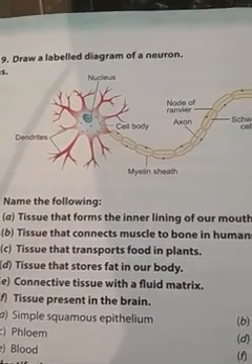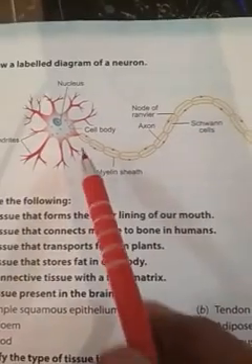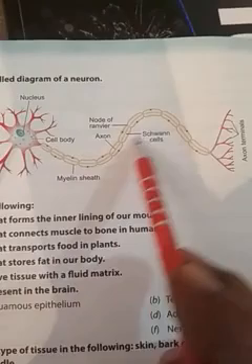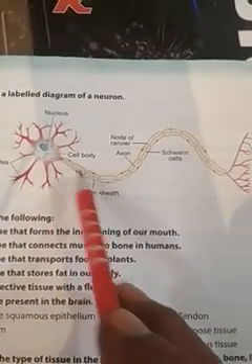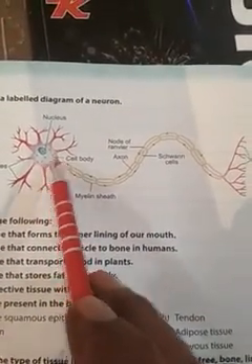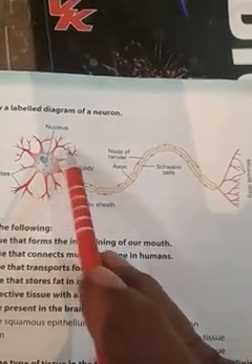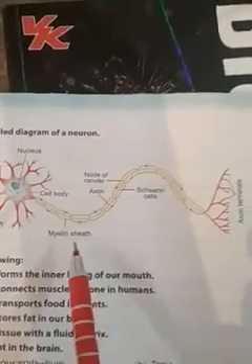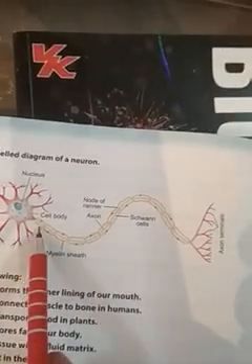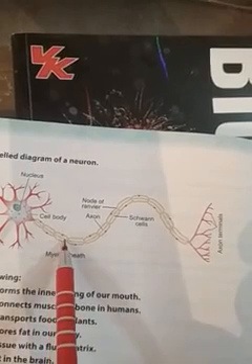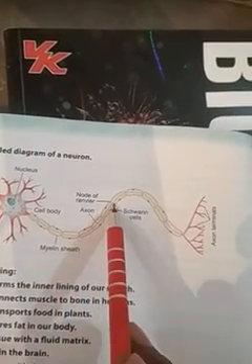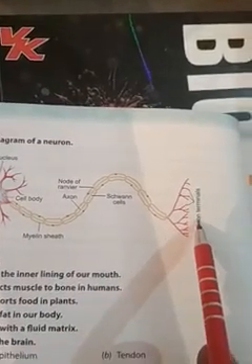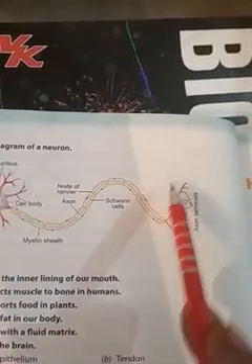And see in the diagram, the diagram is the answer of a question: draw a labelled diagram of the neuron. So my dear student, in this diagram you are looking at the complete structure of the neuron, which has two parts, cyton and axon. This is the cyton, having the cell body, nucleus and dendrites. But this axon has the myelin sheath, which is for the support of the axon. And at last, these are the nerve endings which form the synapse.